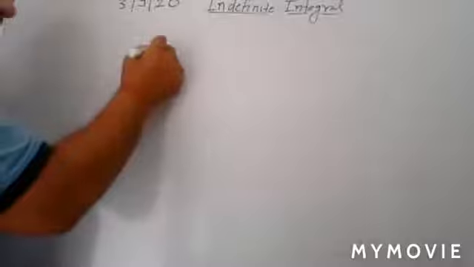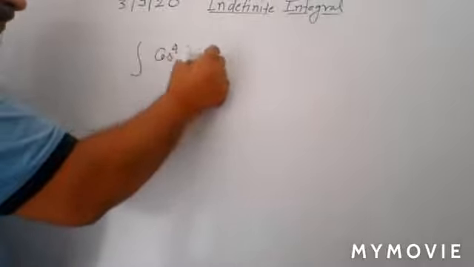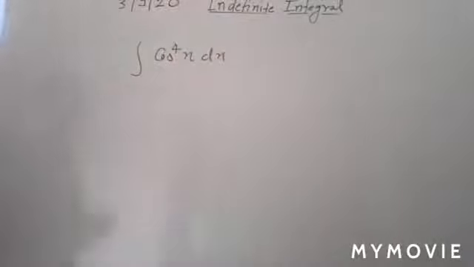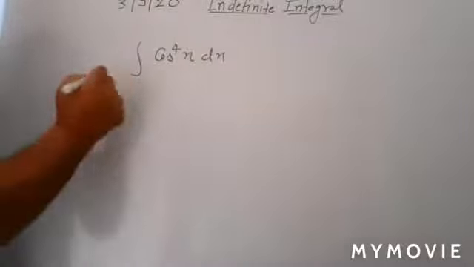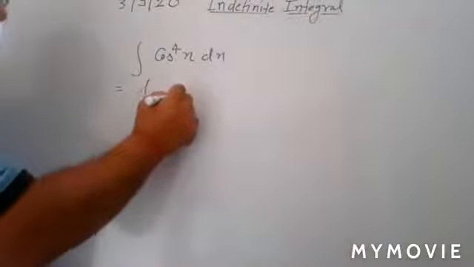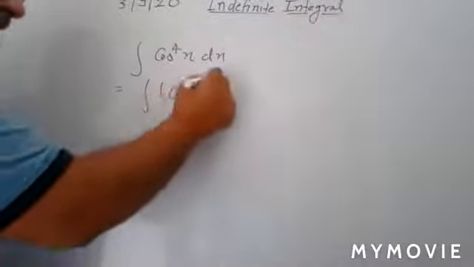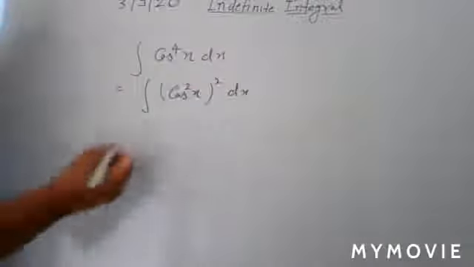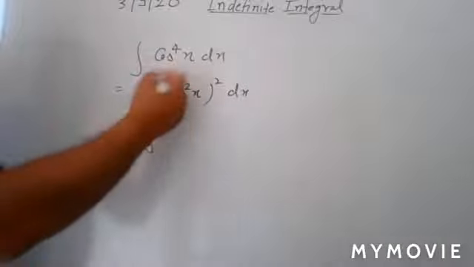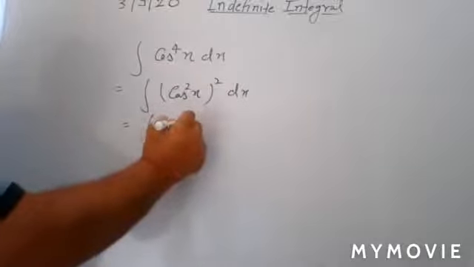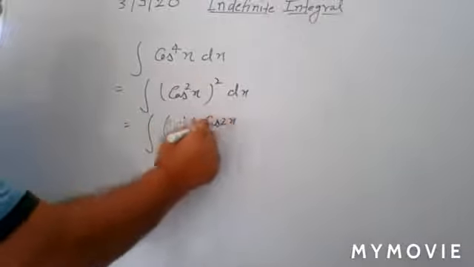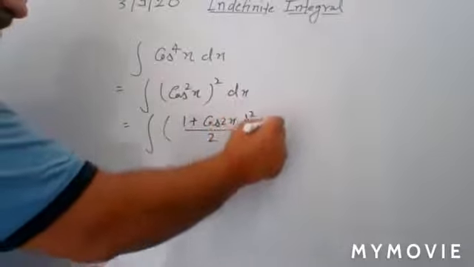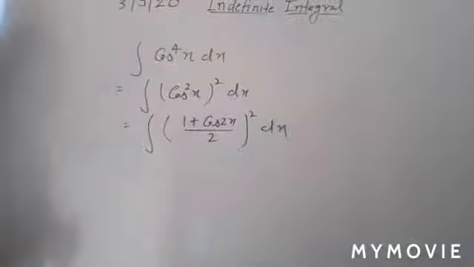But if you have a function like this, we took cos square, now take cos to the power 4 x dx. Suppose you have the integration of cos to the power 4 x dx, then how do you solve such a question? That can be written as (cos square x) whole square dx. And in place of cos square x, you use the same identity. So you have ((1 plus cos 2x) divided by 2) whole square dx. You write it in this way.